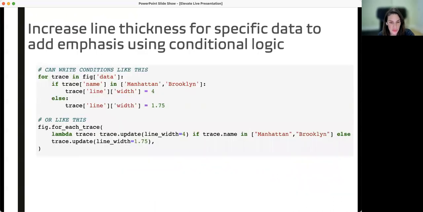And I can write that actual conditional logic in two different ways. The top way is the more typical Pythonic way. It's basically just saying for each trace in the figure, if the name is Manhattan or Brooklyn, change the line width to 4, otherwise keep it at 1.75. The second version is exactly the same logic, but it's using a Plotly method called for_each_trace. So this is specifically for Plotly, but it does the exact same thing as the code above. So if you include one of these two conditional logics,